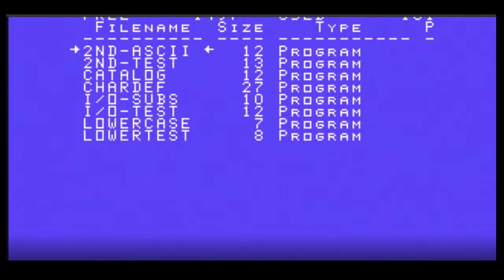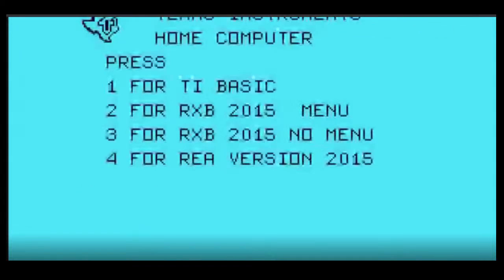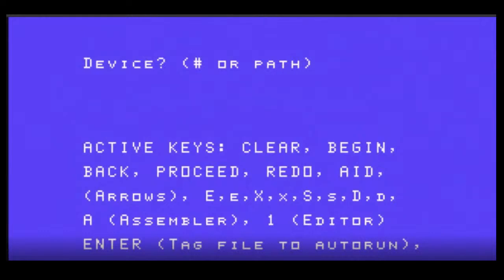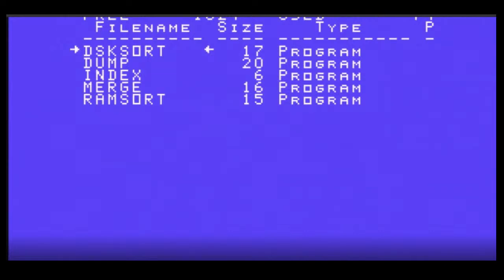No, we just did this one. Okay, we'll quit this. Okay, here's the programming aids 2. All right.